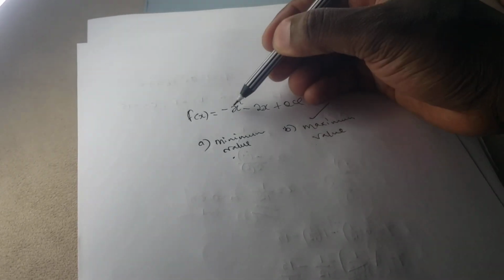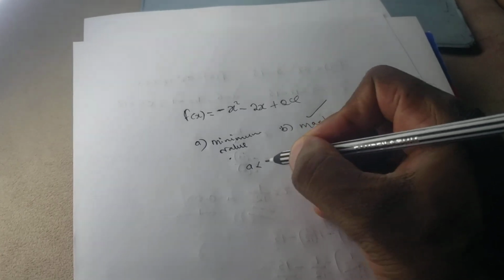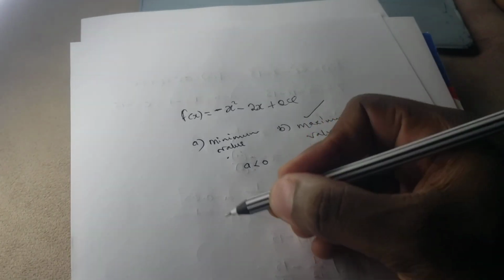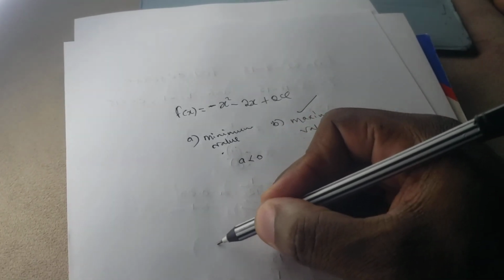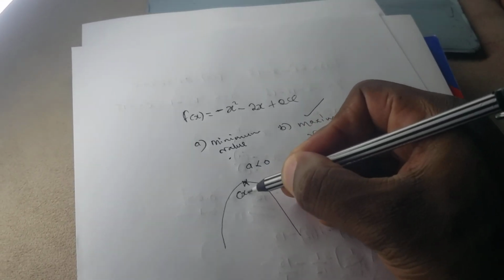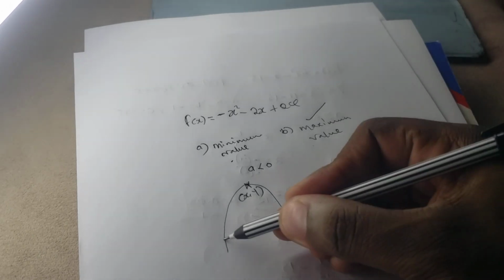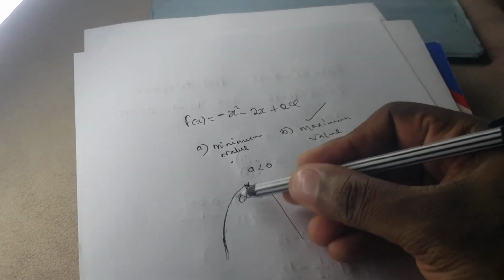Why? Because our coefficient is negative, meaning that our A is less than 0. And that means our parabola will come out like that. Okay? And our turning point is right there. Our parabola will come out like a cap. So,